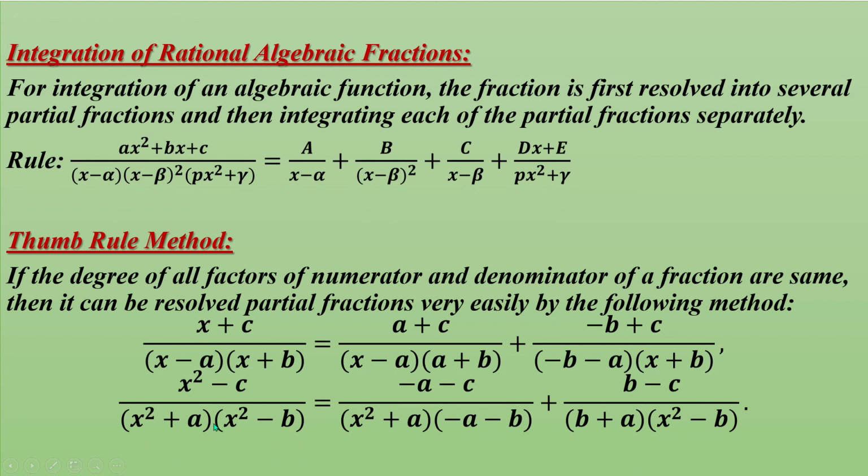So when we fix this, okay, and x square plus a equals 0. As a result, x square is equal to minus a. So all other x square will be minus a. As a result, here will be minus a, and also here will be minus a. For the second part we have to take x square minus b, this is fixed, and x square is equal to b. As a result, all other x square will be b. Okay,